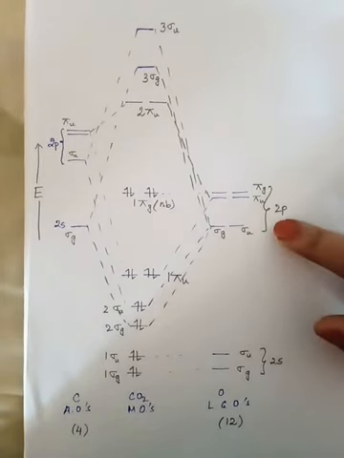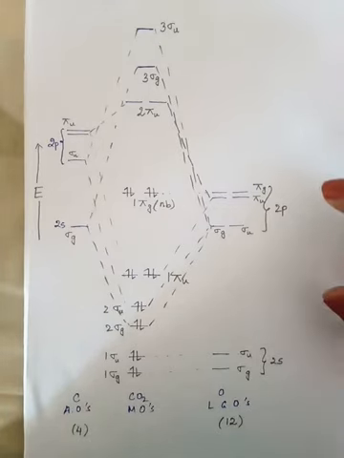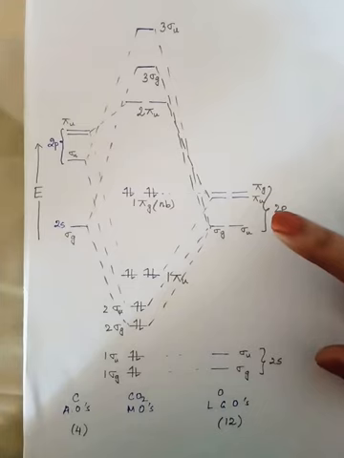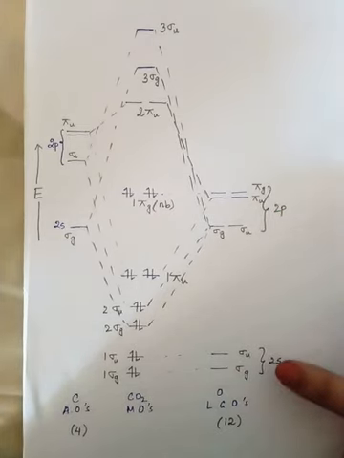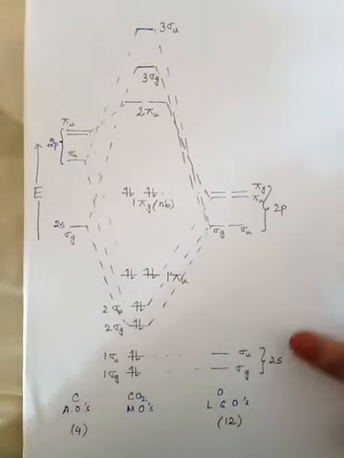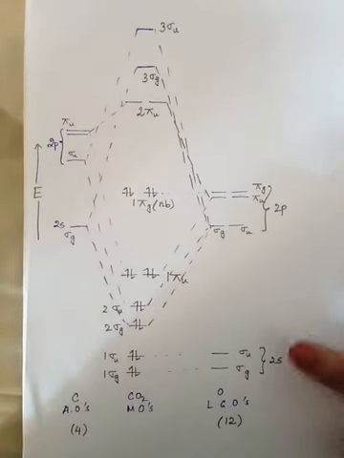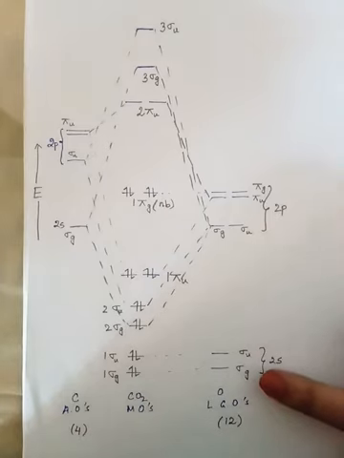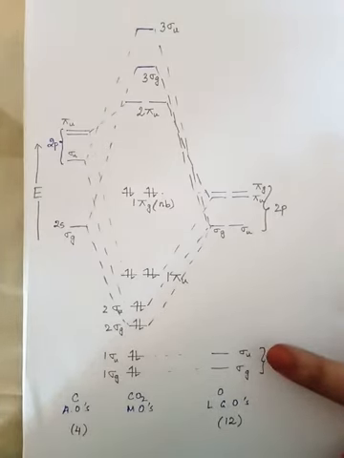Coming back to this specific case, the oxygen atomic orbitals combine to give rise to LGOs. I am not going into the specific details here, but it is sufficient to know that these are the orbitals which result. Let's get a basic idea of this. Oxygen has 2s and 2p orbitals, so if you have two oxygen atoms, the 2s from each oxygen atom can undergo sigma bonding to give one bonding orbital and one anti-bonding orbital. This sigma g is the bonding orbital and this sigma u is the anti-bonding orbital.